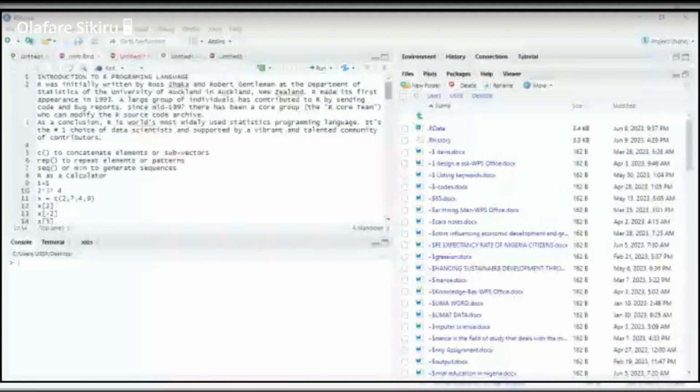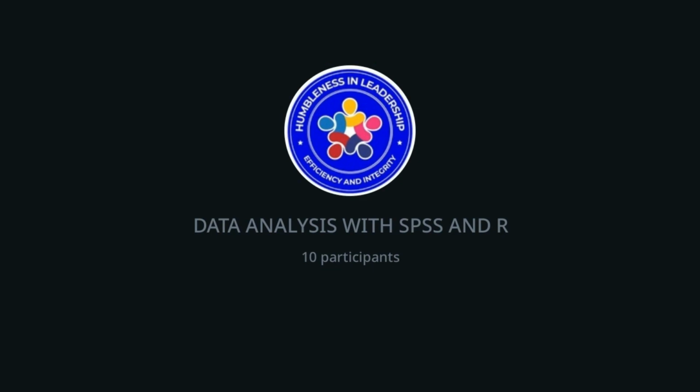as a basic calculator. Any form of calculation, you can use our programming language for it. So before we move on, I will want to explain some terms we will be using in R for now. The first one here, I have C. You can see here, I have C, then two brackets in front of it, open and close bracket. Now this C is used in our programming language when we have more than one factor. We use C to combine more than one factor together when we want to assign particular factors to a